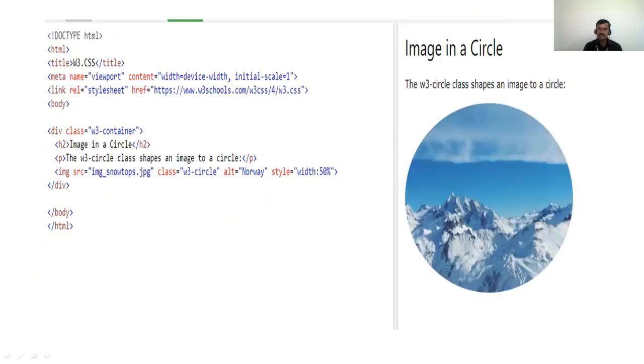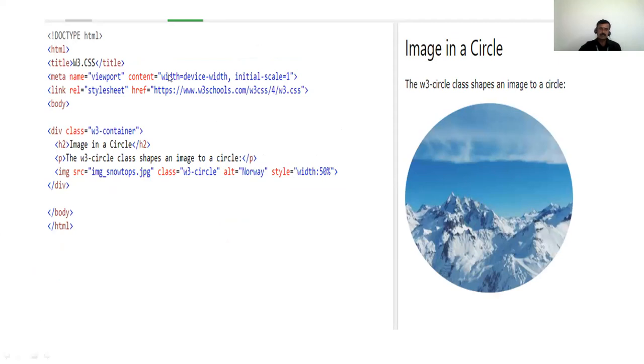This is an example of the classes. The round size may be small, normal, large, extra large, or very extra large. Depending upon your need, you can specify the classes like that. In the round property we can use round small, round large, round extra large, round xxlarge. We have five different types of properties there. After that we can go for the image and circle type. We have to put an image in the circle. Inside the circle we fix the image, so we can use the image circle, the same thing.